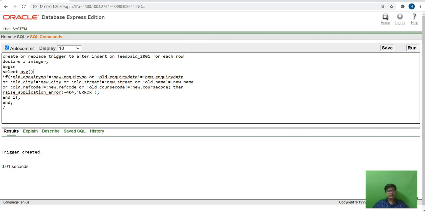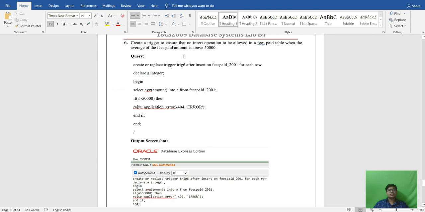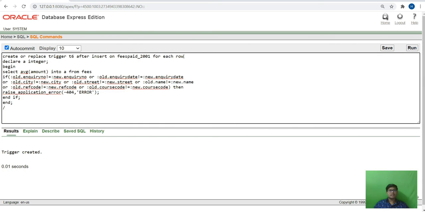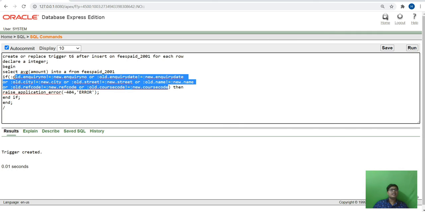Select average amount into a from fees paid, and here we will give amount.